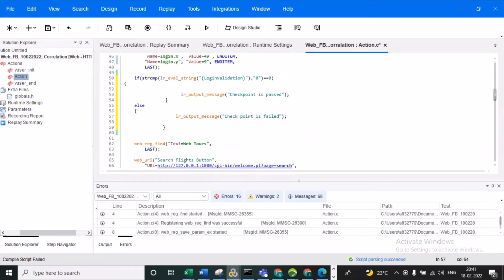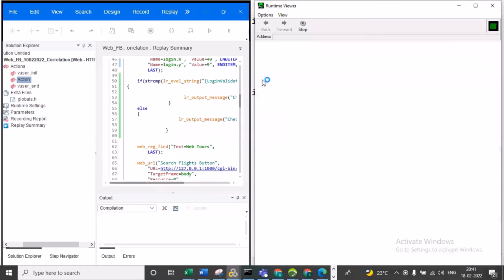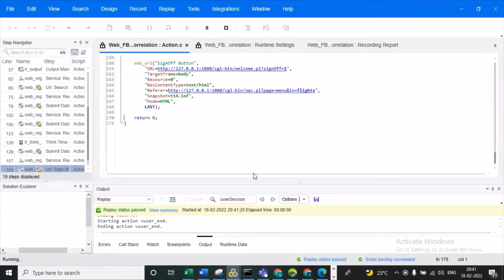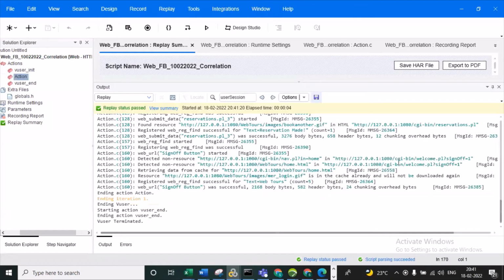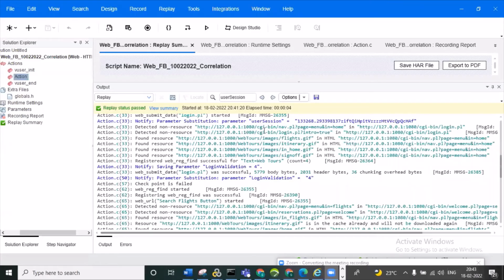That is why you guys should keep watching whether script passing fails or not. Once you are done with any enhancements, you need to check whether script passing passed or not. So now we can. Yeah, no errors. Now we can observe the output.